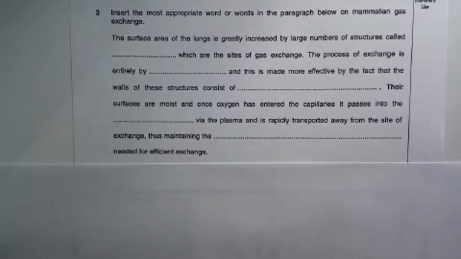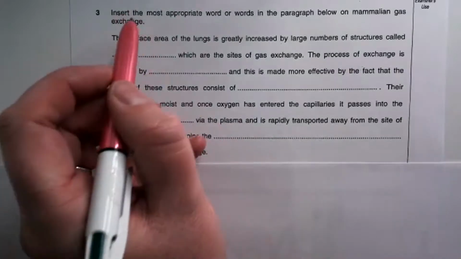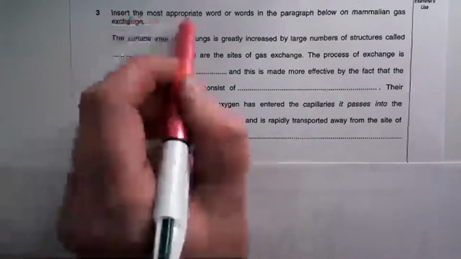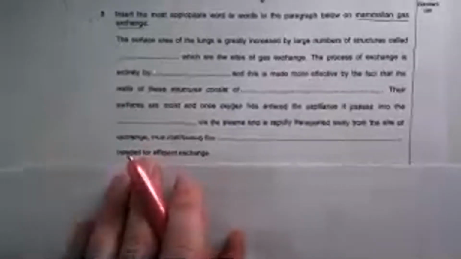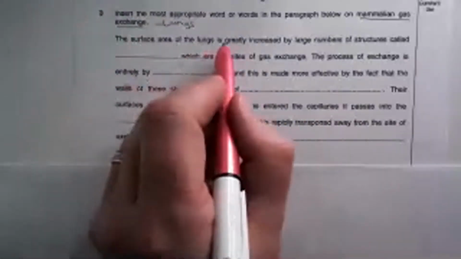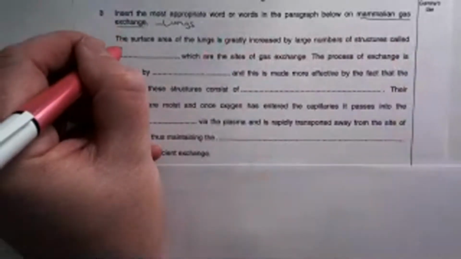This is an exam question about mammalian gas exchange. It says, insert the most appropriate word or words in the paragraph below on mammalian gas exchange. So it's mammalian gas exchange, so we're talking lungs. The surface area of the lungs is greatly increased by large numbers of structures called, well, the parts that give